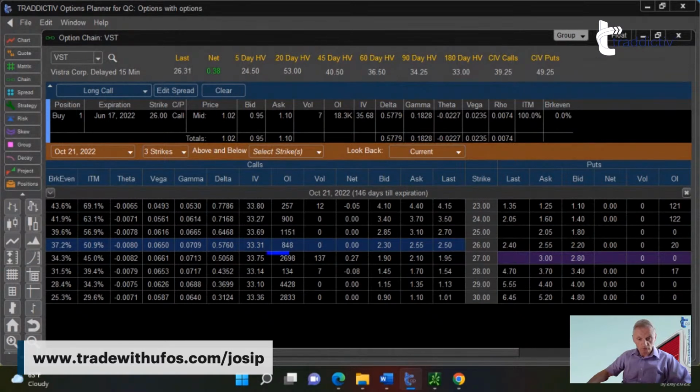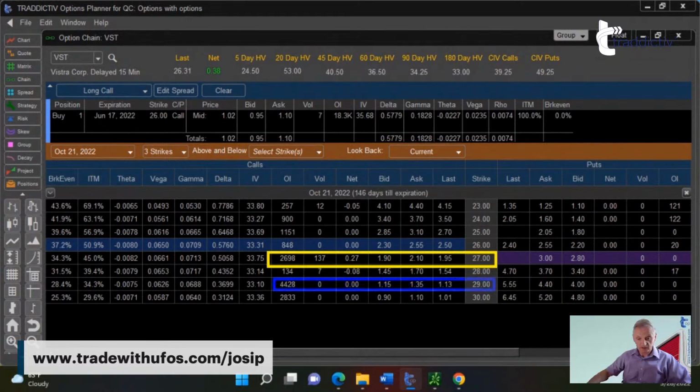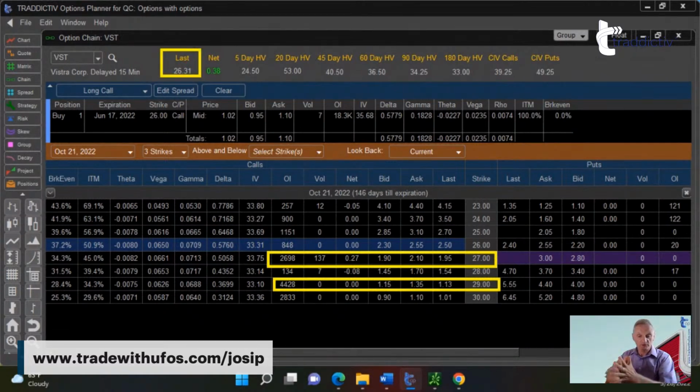It was 2,698 contracts of the calls, and then we have protected ourselves with the 29, which was a higher. Well, now that we know that the current price is at 26.31, we are still fine with this bear call